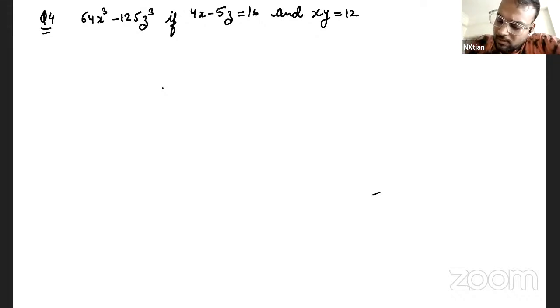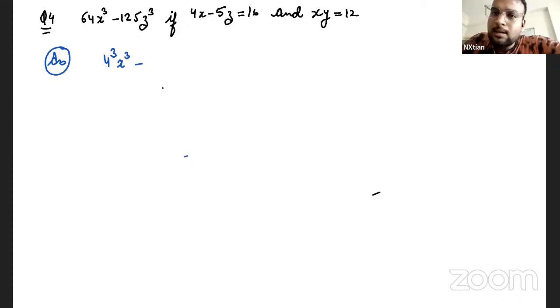Okay, so for solving this, can I write 64 as 4 cube, and then this is x cube? The next step is Joshua will tell me. Joshua, next step is